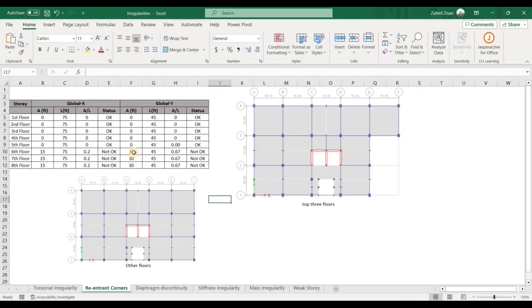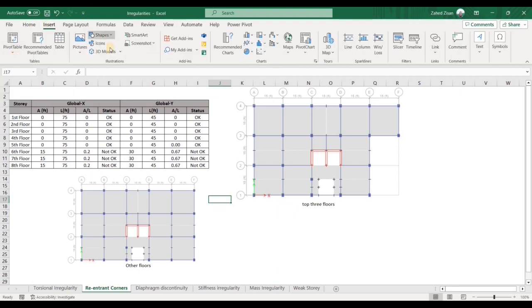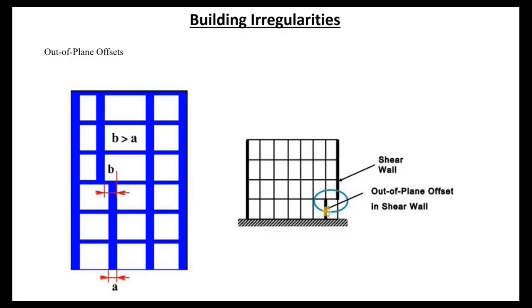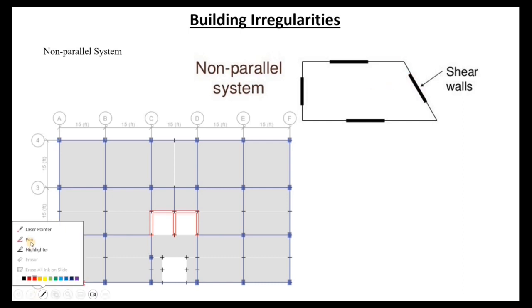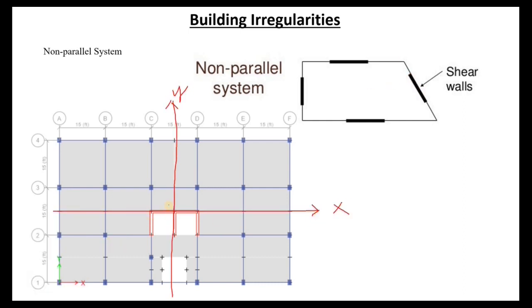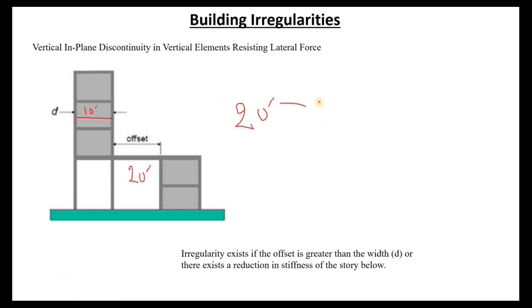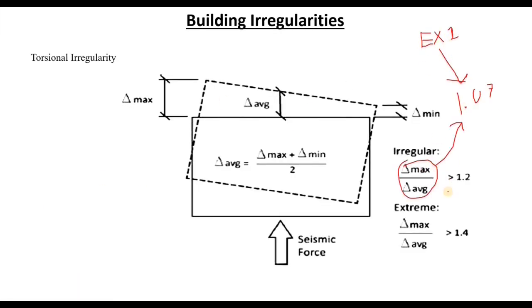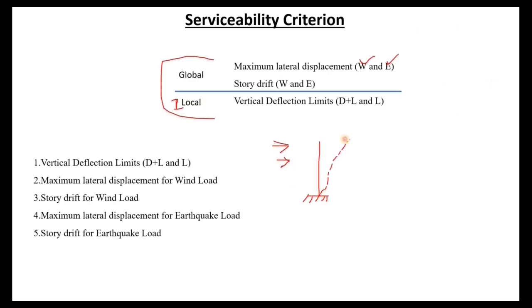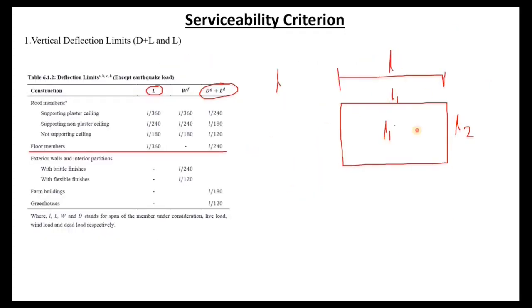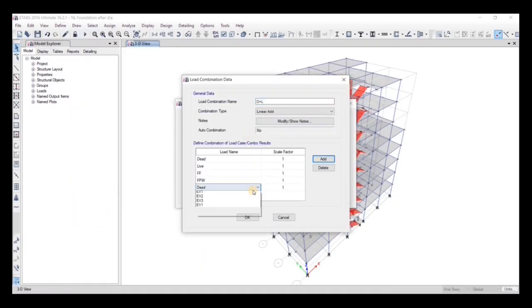defined in building code, as well as why do you have to check for them and how to solve the irregularities if they occur. Some of the irregularities you will learn about are reentrant corner, torsional irregularity, non-parallel system, geometric irregularities, and so on. You will also learn how to check for these irregularities using your ETABS model and hand calculations. In the 10th section, you will learn about the serviceability criteria, what it is, why to check for it,